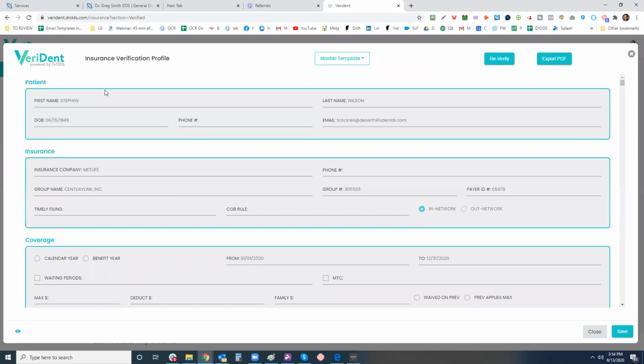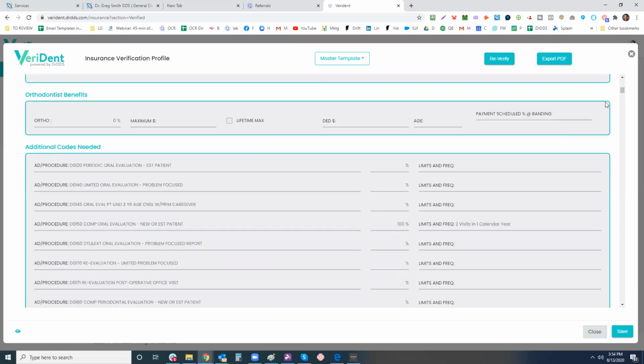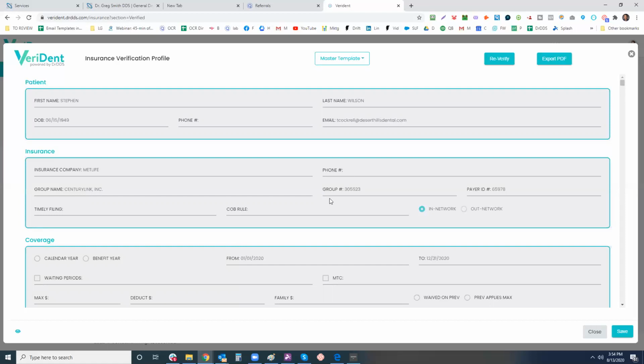It basically creates an insurance profile based on our integration to a clearinghouse to be able to do this. I just got word from Delta Dental that looks like they're going to give us direct access to their APIs. So we'll be able to get Delta Dental directly. But the cool part about this, and it works for marketing, it's great for scheduling, is it tells you how much money is left at the end of the year, what their outstanding remaining dental care is, and things like that you could use for marketing and scheduling.